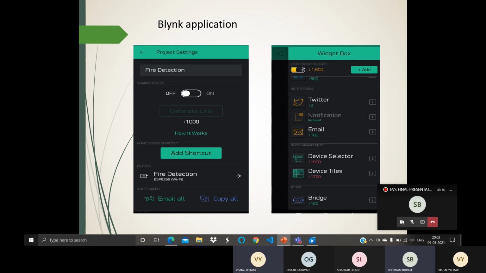So Blynk works on the internet and other Wi-Fi modules. We use a smartphone for the messaging info for the fire detection system. First we download the Blynk software, then create a Blynk account and do the project on this.